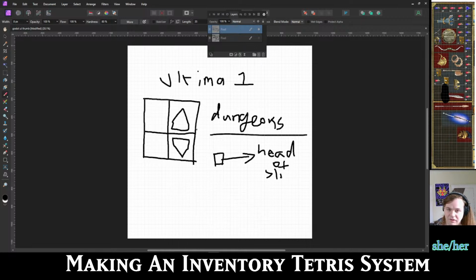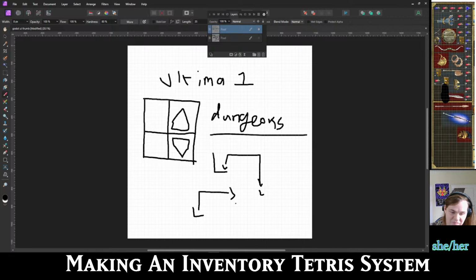But between the continents all being basically the same, and the dungeons being random in a way that is not like procedural generation. I mean, it is procedural generation in that it's generated procedurally, but the algorithm is very, very basic, so all the dungeons look and feel the same, but they're also not all the same, so you have to map them out. You have to be like, okay, there's a ladder here. If you go this way, you'll get to the next ladder, and then on the next floor you take that ladder, and you go, you're right. Like, you have to do all this tedious mapping just to survive. And so between all those things, I'm just like, okay,